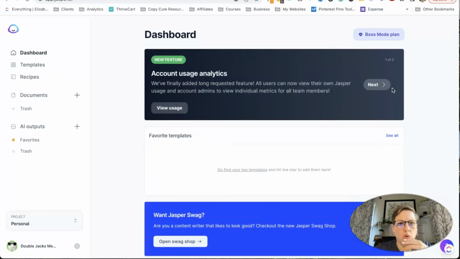They have gotten a lot more affordable. So when I first looked at Jasper, I kind of was like, this is great, but I don't want to spend, it was well over $100. It was like $110, I think, a month to do boss mode, which allows you to do the long form content, meaning blog posts. But they've gotten a lot more affordable, where they heard that people didn't want to pay that much. And so it's like $60 a month, which is not cheap, but I mean, in less than half an hour, I have a 1,000 word draft, right?